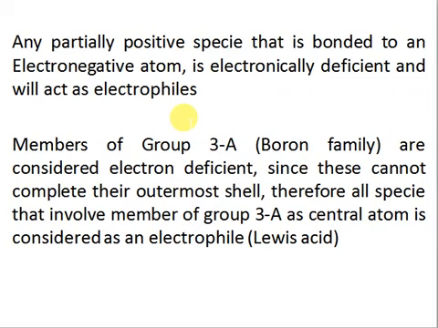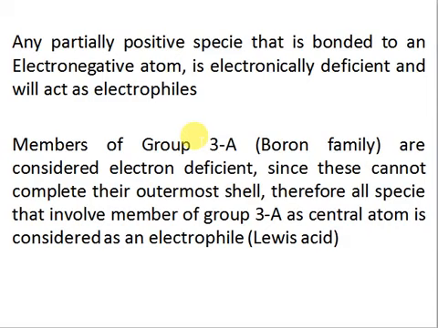The third condition is members of group 3A, that's the boron family. You know that the members of group 3A are considered electron deficient. Why are they considered electron deficient? Because they cannot complete their outermost shell. Their outermost shell is incomplete, so no matter what they do, they cannot complete it. From coordinate covalent bond formation, you have studied that the members of group 3A form coordinate covalent bonds because they cannot complete the outermost shell. For the same reason, the members of group 3A act as electrophiles because they want to accept an electron